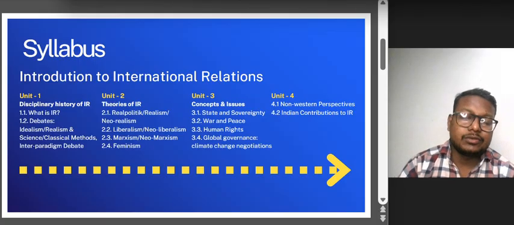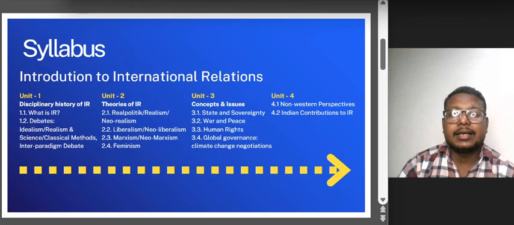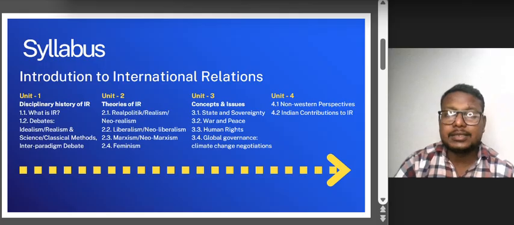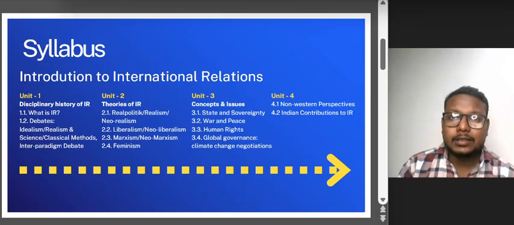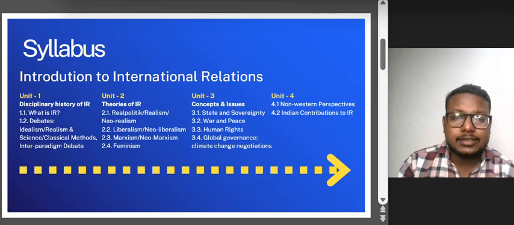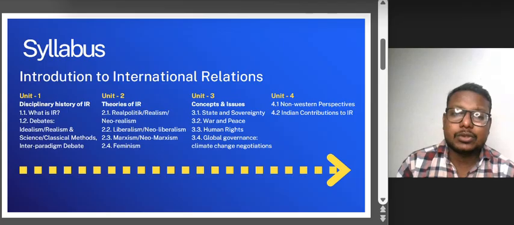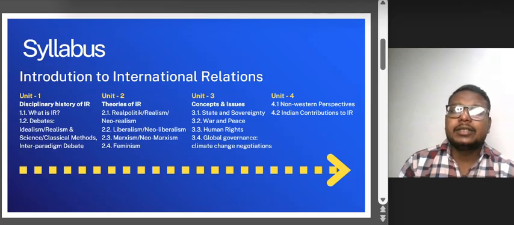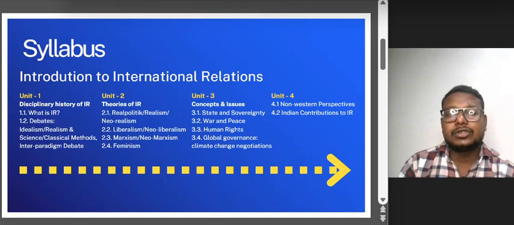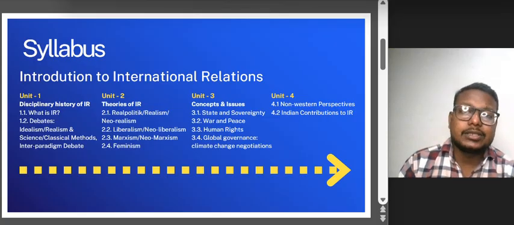It also covers war and peace, and analyzes how conflict occurs and how peace can be achieved. Another major theme is human rights, which raises questions like justice, freedom, and global responsibility. The unit concludes with a discussion on global governance, focusing on real-world challenges, for example, climate change negotiations,